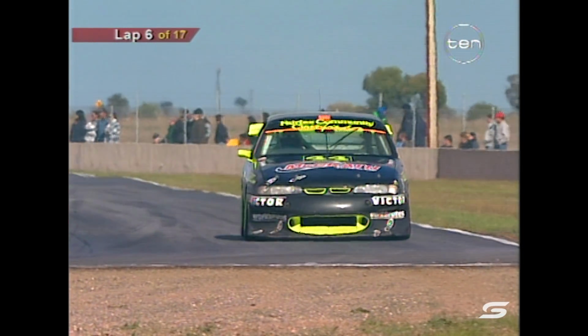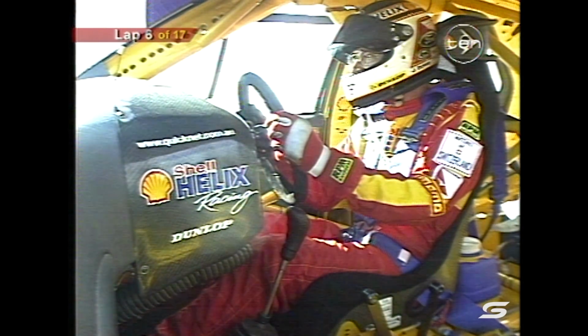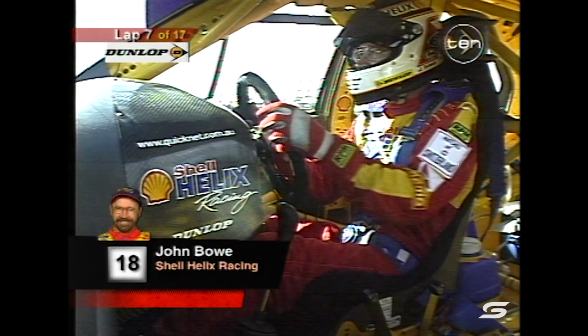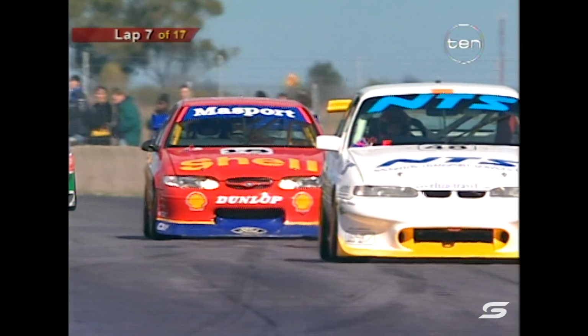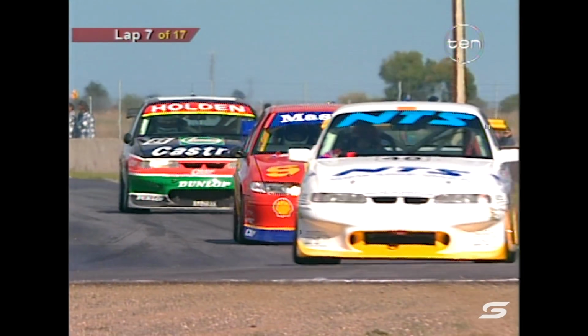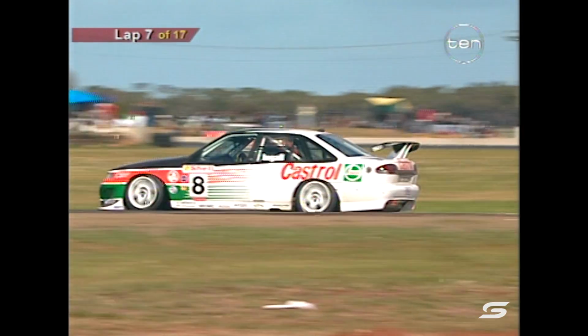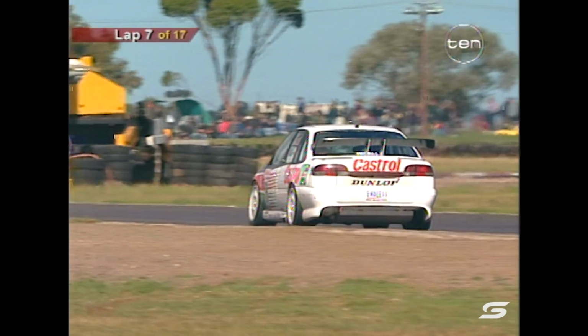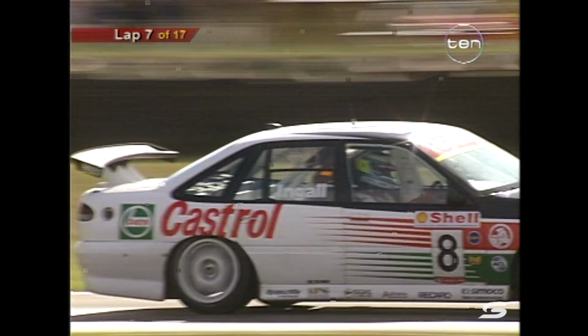So Bowe, 1.4 seconds now, the gap over Russell Ingall. Dick Johnson sitting back 6.5 seconds behind those two, so positions remaining fairly static. But here's our race leader, John Bowe. Wasn't overly happy with his performance in qualifying, so he didn't get the best out of the tyres. But you can see the consistency now coming into the performance of this Shell 1814 1998. John working very closely with his car engineer Lee Geyer, and they really have developed a great understanding of how to get the most out of the car. He's the man of the moment, Russell Ingall, 4 points lead in this year's Shell Australian Touring Car Championship as they round up